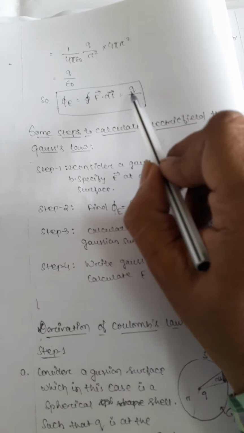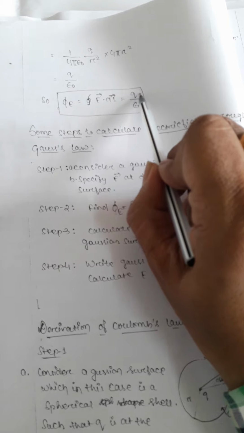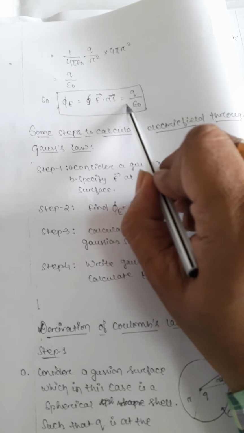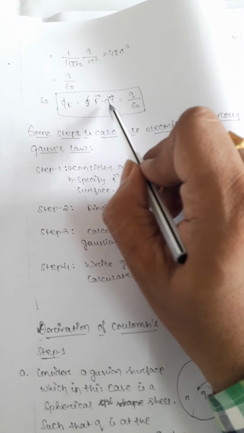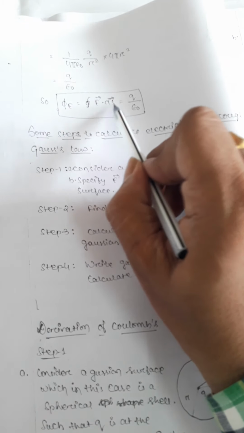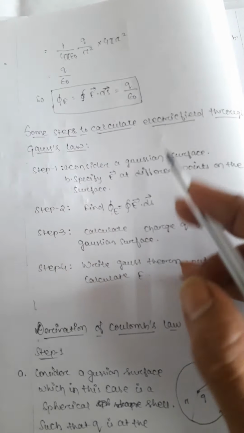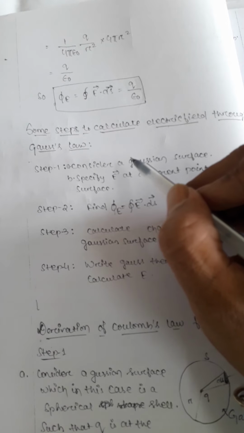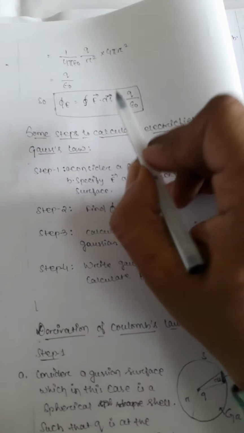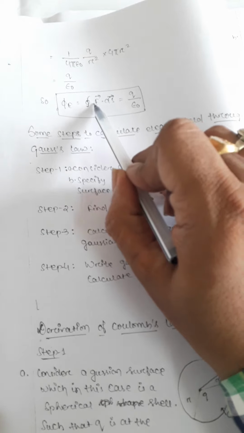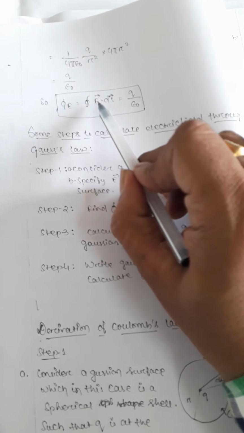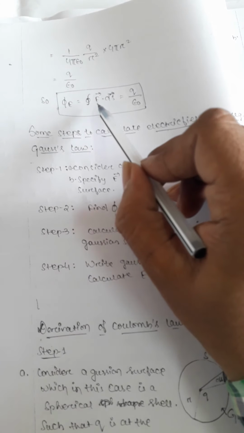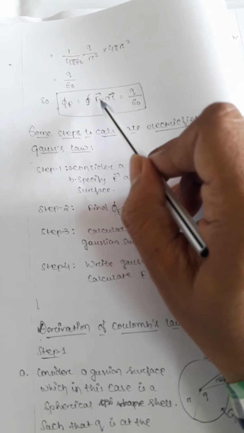So basically in Gauss law, we find the amount of charge placed on that closed surface, and epsilon r, the value of epsilon r, is known to us, and area we have already taken, that is the Gaussian surface. It may be a sphere, it may be a cylinder. This is the imaginary surface which we imagine to make it symmetric. And basically we will find the electric field here. We can calculate electric field by using Coulomb's law, and here we can calculate electric field using Gauss law.